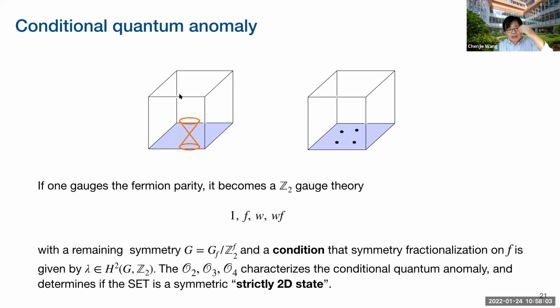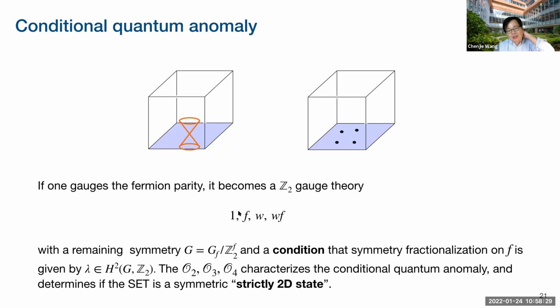So before I talk about SU(N) continuous symmetry groups, I want to make a connection between these obstructions, or this enforced symmetry breaking, and quantum anomaly. We all know that at the surface of a topological insulator, there's a Dirac cone. People say that there is a so-called time reversal anomaly.